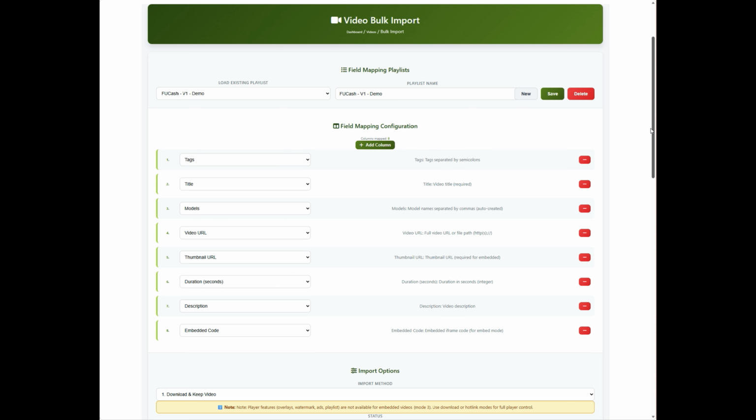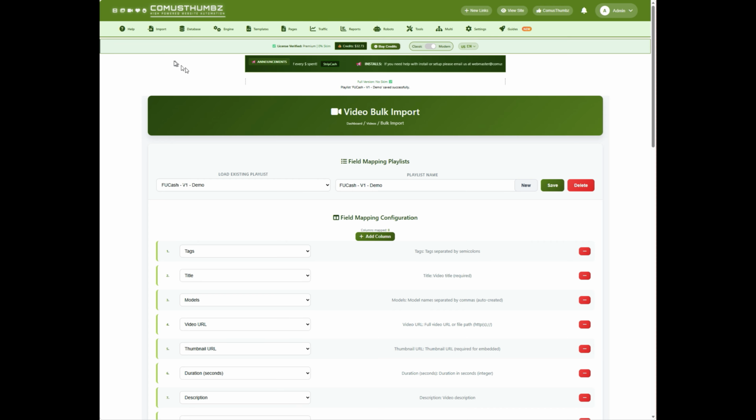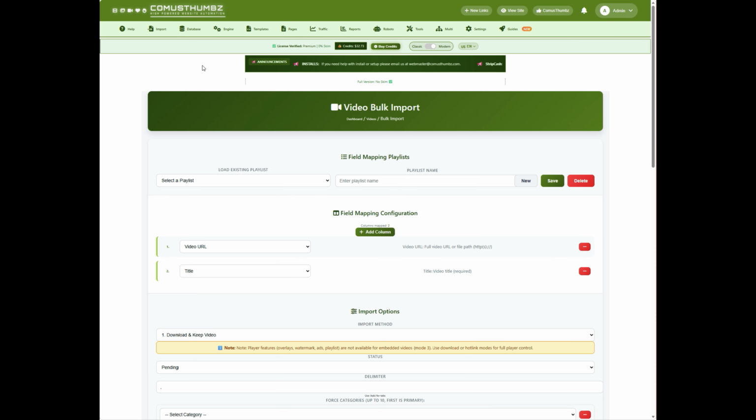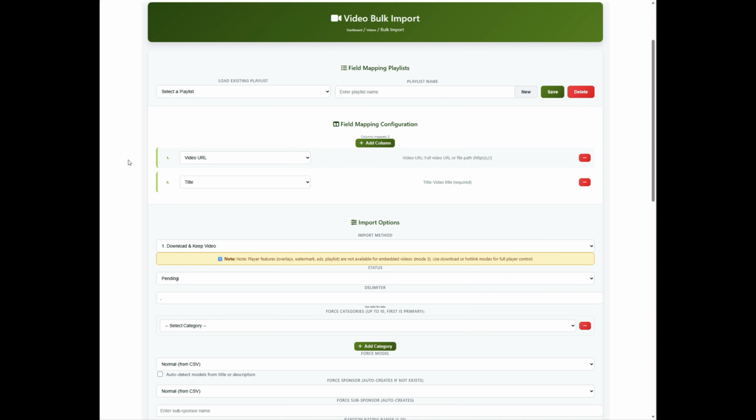Open it at domain.com/ct/admin/video_bulk_import.php, or from the top navigation menu, click Import, then click Bulk Video Import. You'll see a green gradient banner with video camera icon entitled Video Bulk Import. Below, breadcrumb